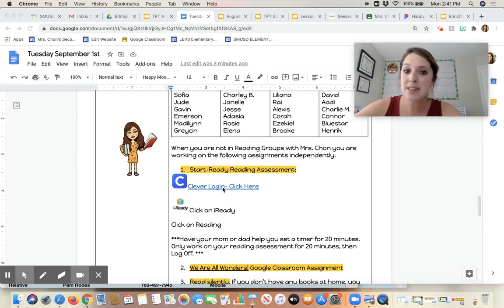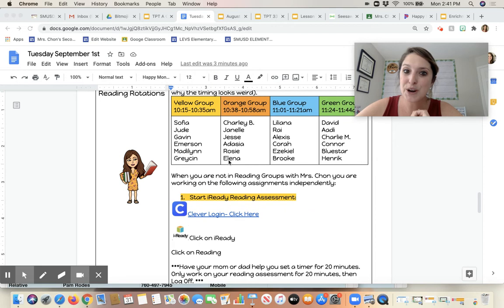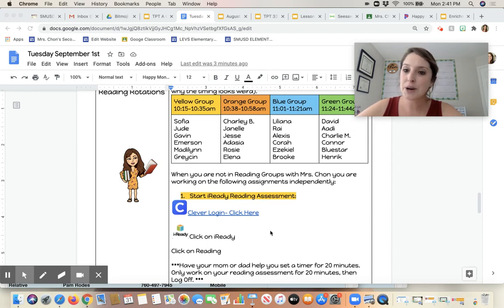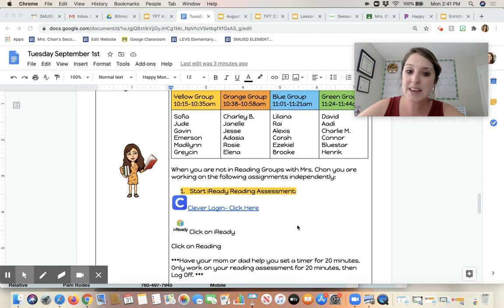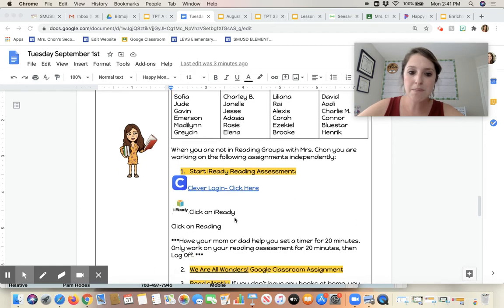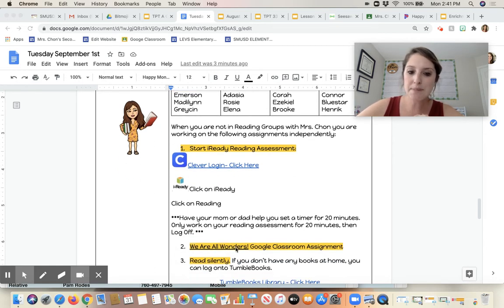It's really important that they do it first, because if they're in my second reading group, that first 20 minutes, they need to get it done. After the 20-minute timer goes off, please stop them. I don't want them doing more than 20 minutes a day. Once they've finished their 20 minutes, they'll go down to number 2.